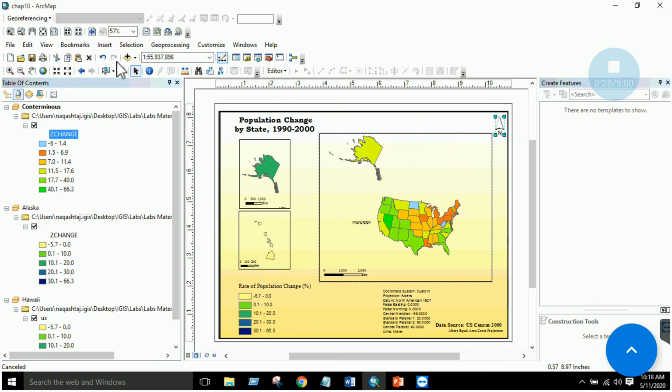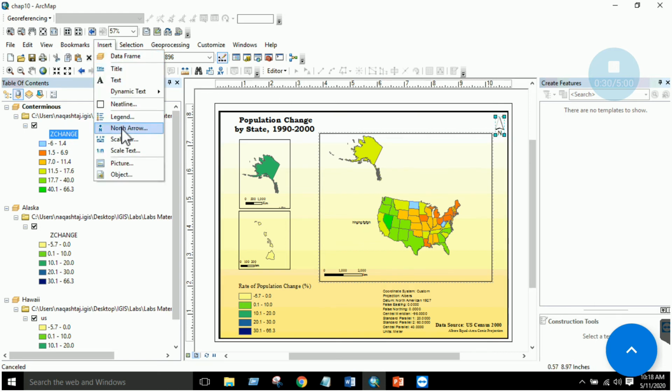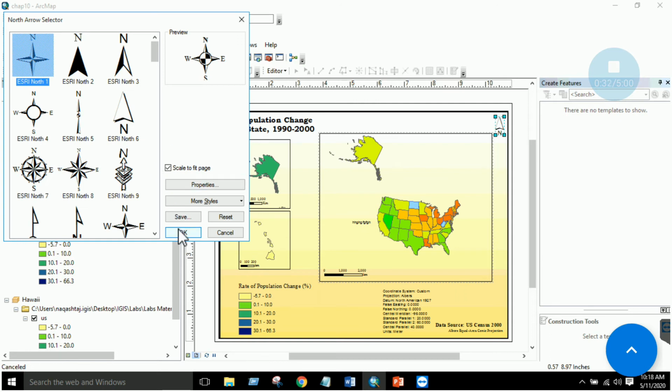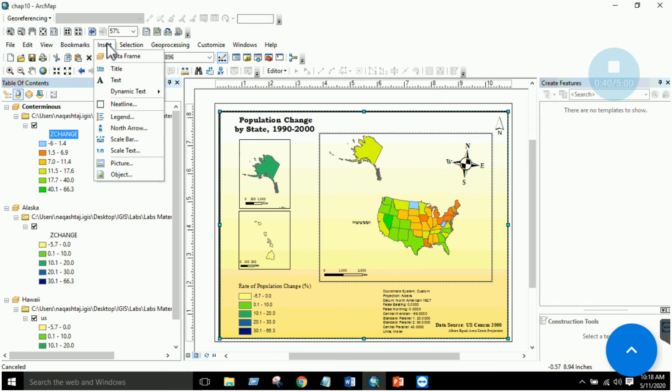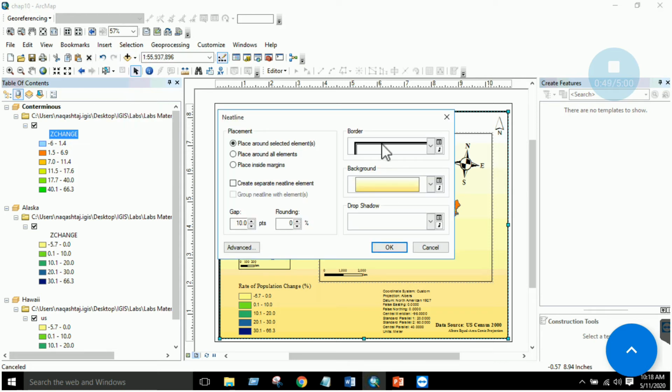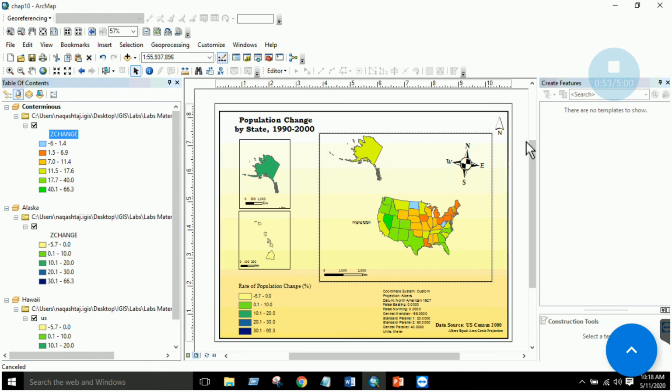Here you can see a north arrow, go to the insert section, you just have to insert north arrow of your choice, click OK, your north arrow will be displayed over here, right? So this is actually making the map. Similarly, you have other option, if you want to insert some picture, you can insert the picture from here, and the last thing, you have to insert a neat line, right? For example, this is the border, I have selected point 2, click OK, your neat line will be added over here. So these are the basics of map making.